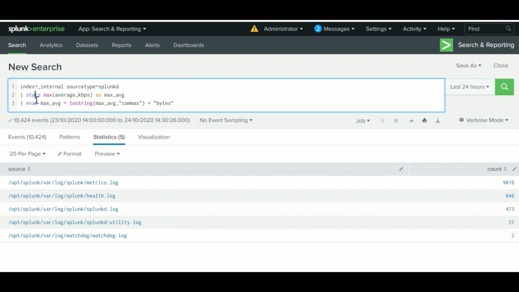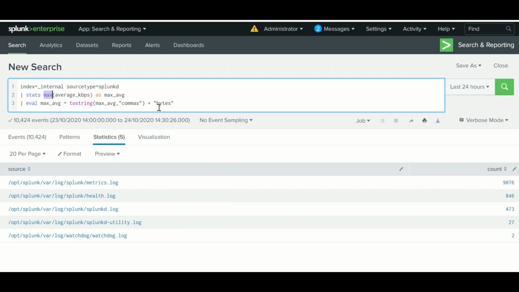So the commands come in blue, and the functions, you can see the color of functions is purple.